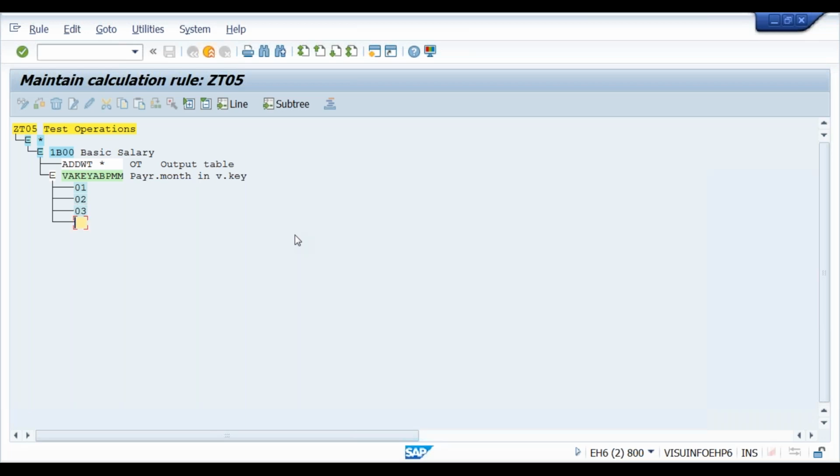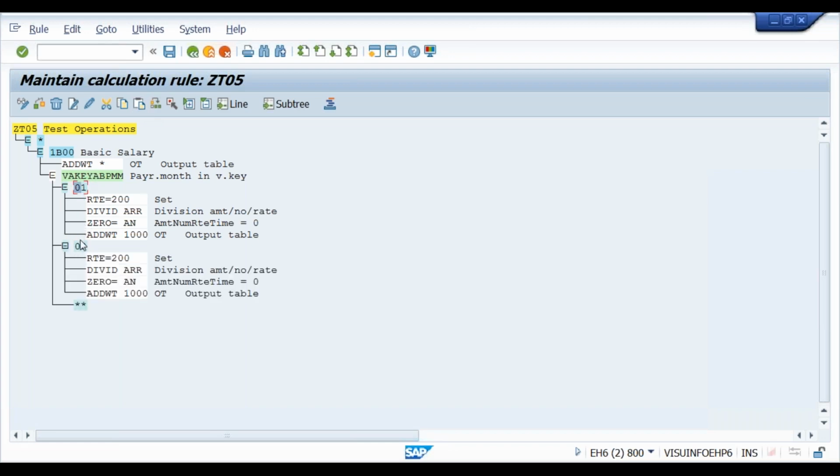Like this. I'm applying the old logic here, and in the second month, May, also I'm applying the old logic. Other than April and May, I'm applying the new logic. Will it work?